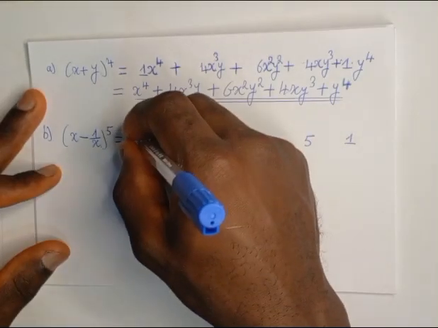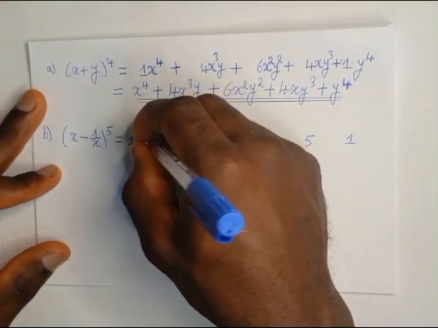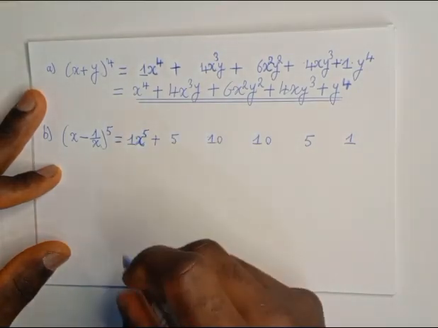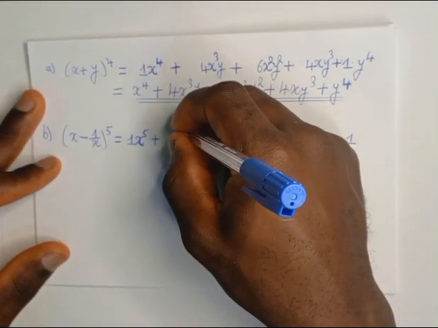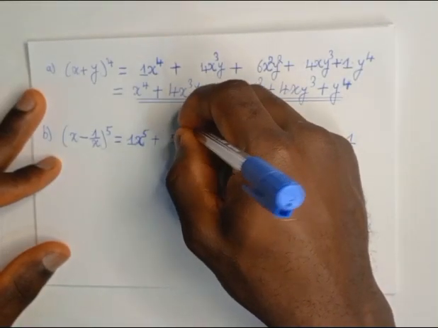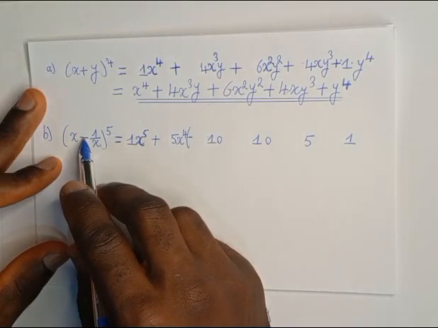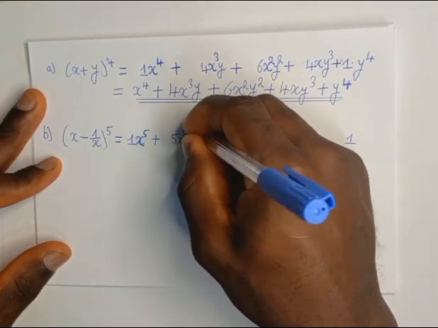So for the first term, we have x raised to the power 5 plus, we put the plus sign, we take x raised to the power 5 minus 1, which is 4, times negative, we must think of the negative sign. It is negative 1 over x, put it down,